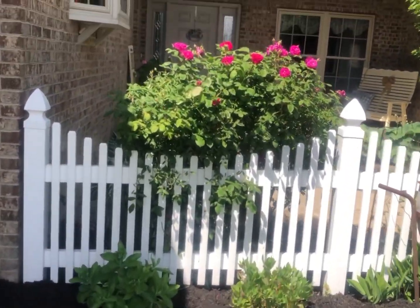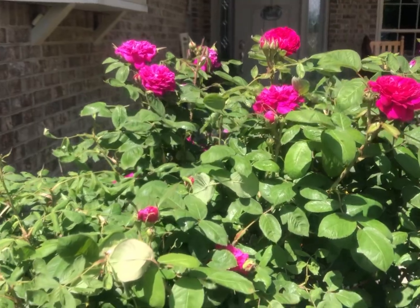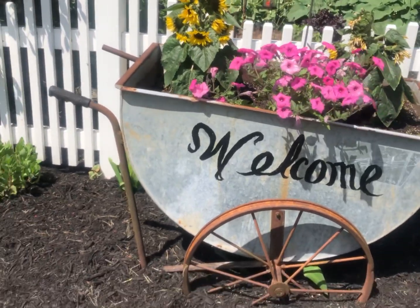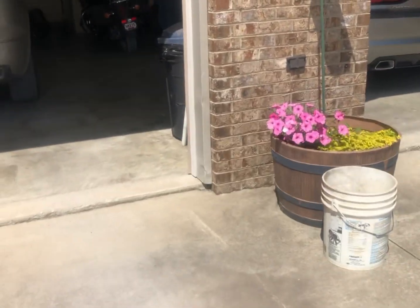My mom's rose bush is blooming more than ever now with them beautiful roses, and they smell wonderful. They have a really strong aroma. And this little feed cart they used to use at a dairy barn, I liked it and put some flowers in it. Here's my last pot that I put a bubble gum in,